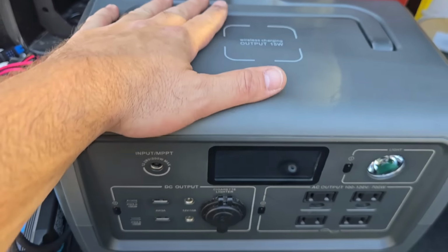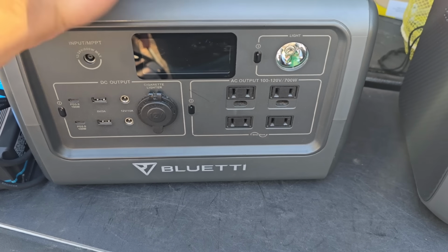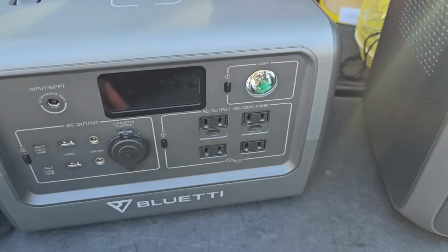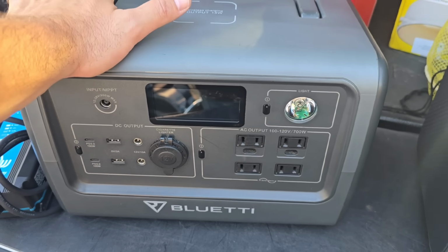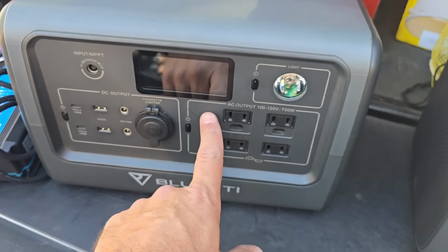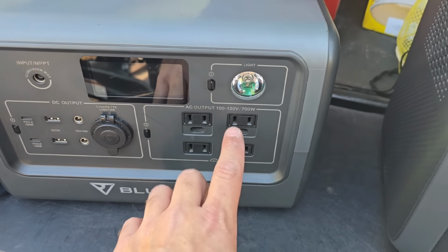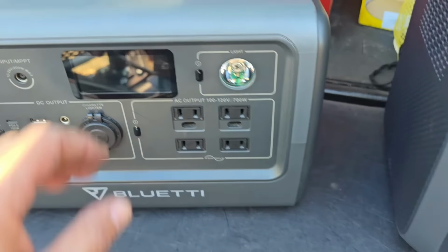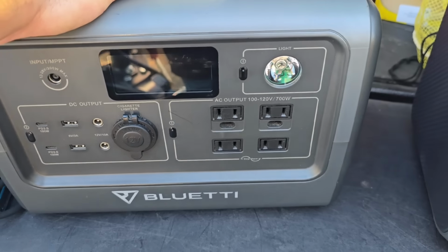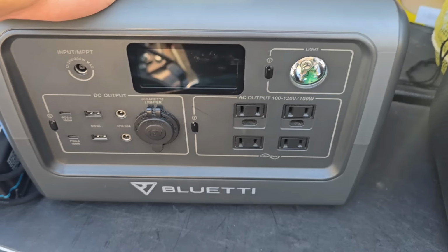Now, I can plug this into the trailer via shore power. Now, you can't use your microwave because that'll max out your inverter in here. But if you just need to top your trailer off a little bit, maybe 25%, you could probably use this. But whenever you're converting AC back to DC, you're using a lot of extra power. You're probably losing about half in the conversion. Same with this one. So you're only going to get about 350 watts of power, or maybe 30 amps or something into that battery,